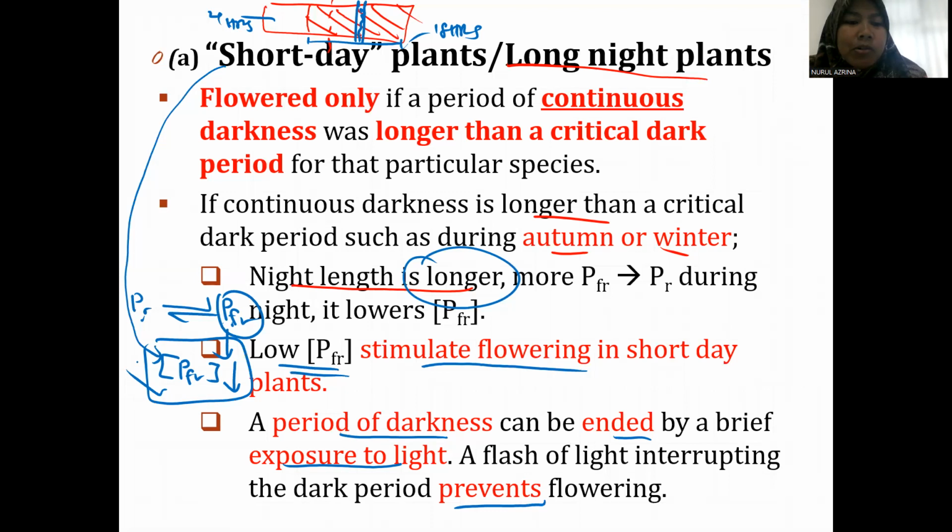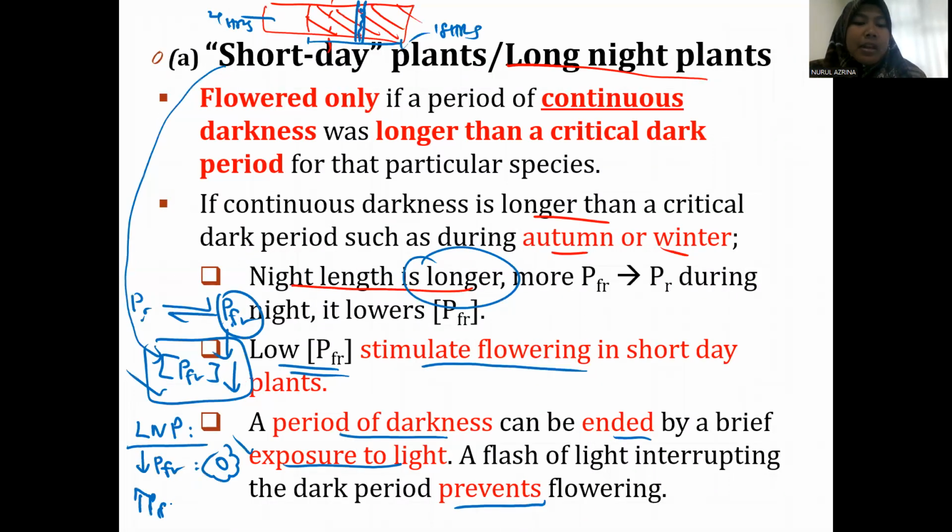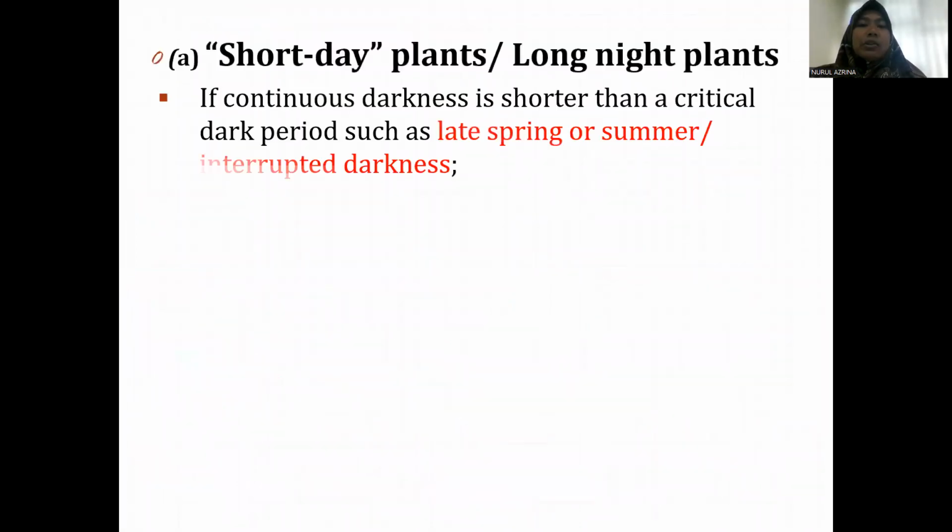Okay, so Madam buat conclusion kat sini. For long night plant, okay, so low concentration of PFR will stimulate flowering. High concentration of PFR will inhibit flowering. That is for long night plant. Okay, right. Next, we go to,